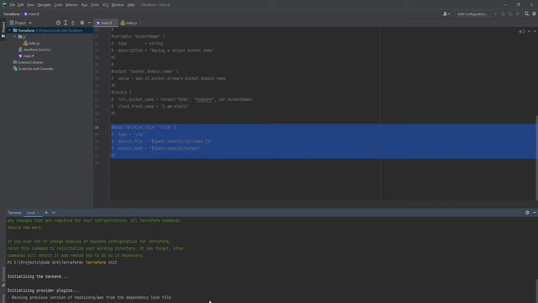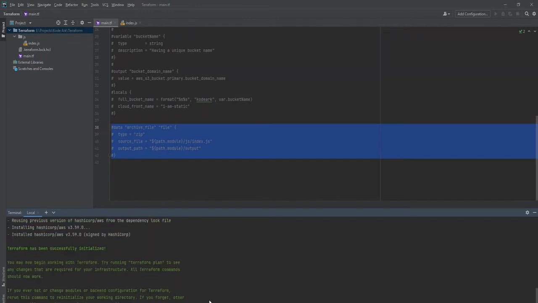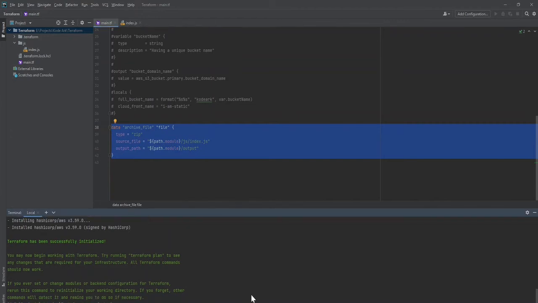It is initializing. Once it is done, I'll uncomment the data archive part to see, while I'm running plan, whether Terraform lets me know about any setting changes or not. So I'll enable it and say Terraform plan.